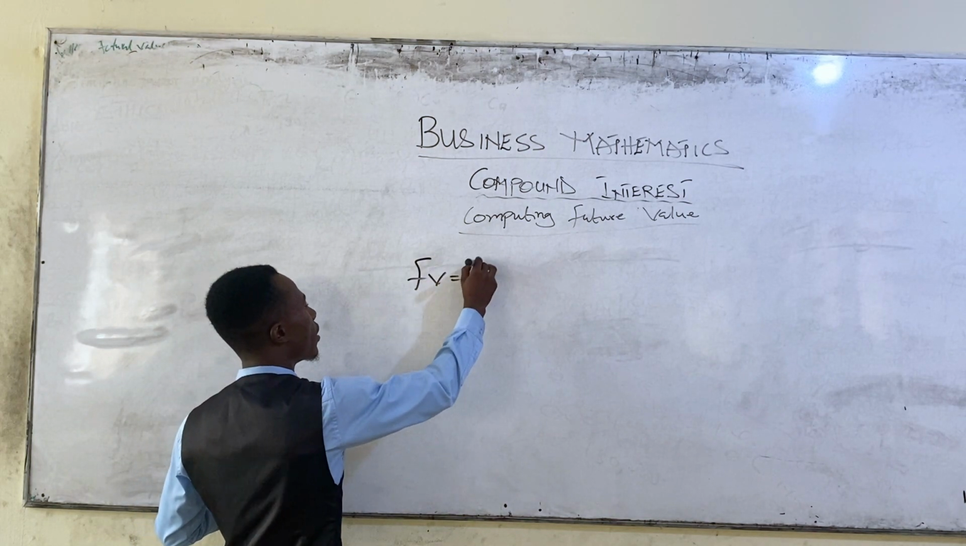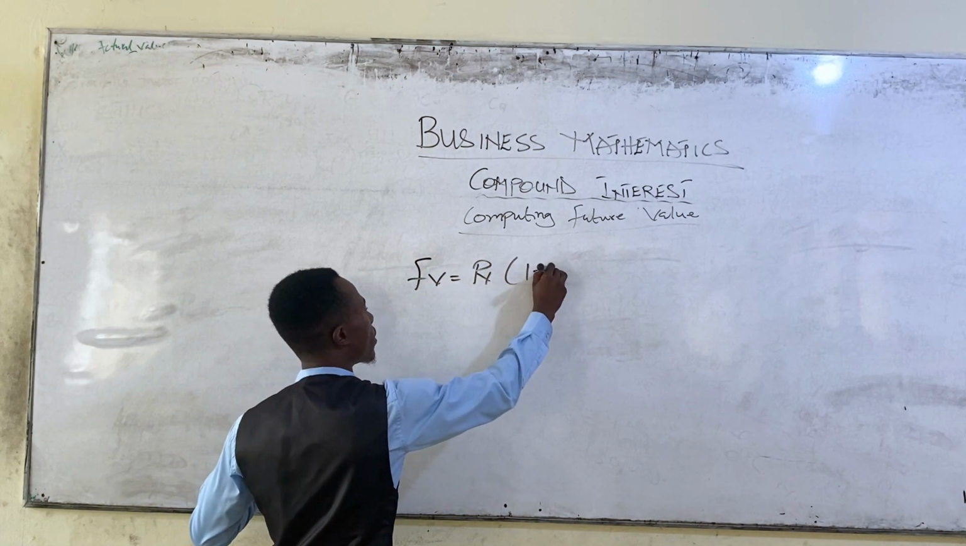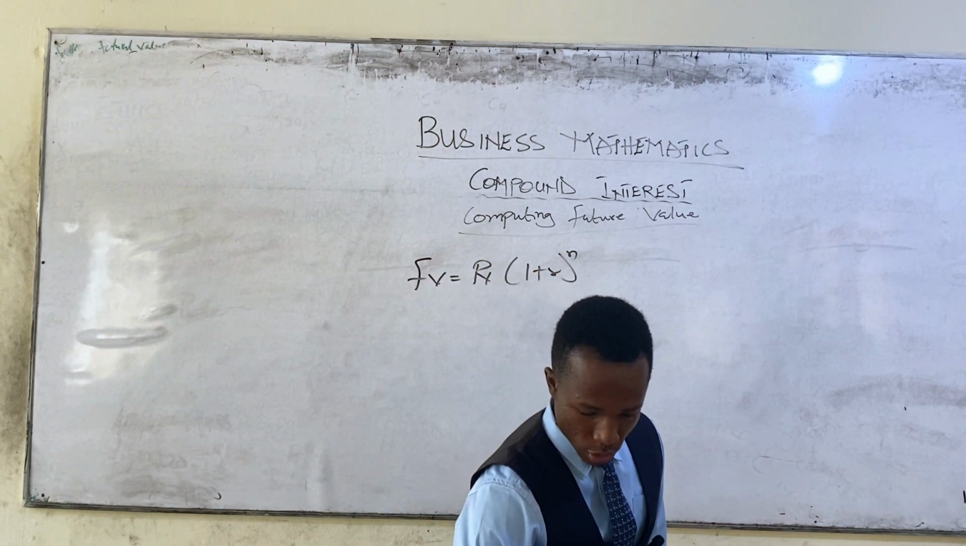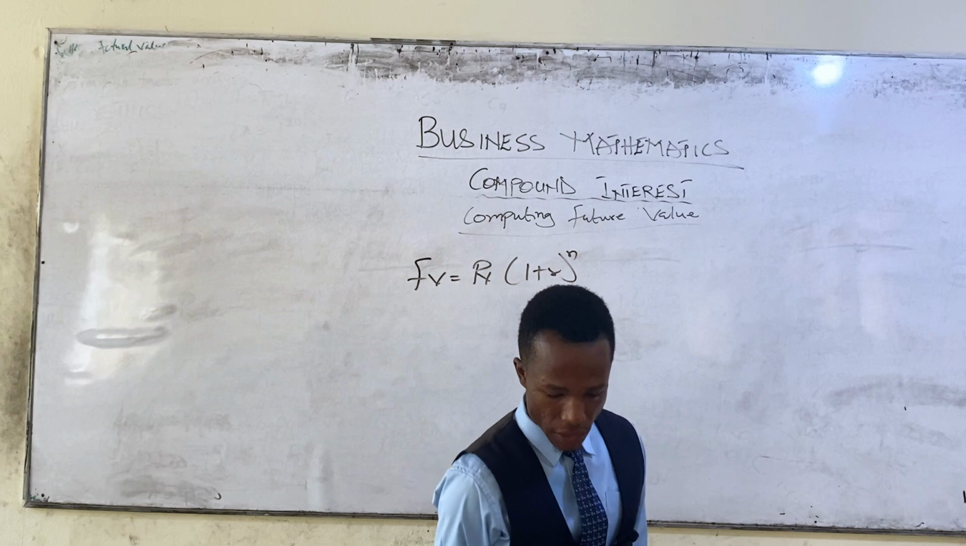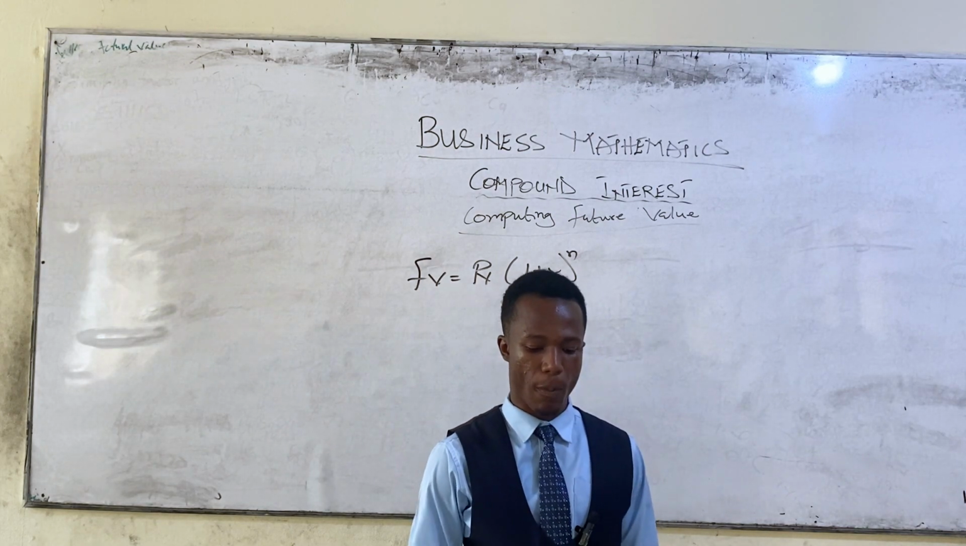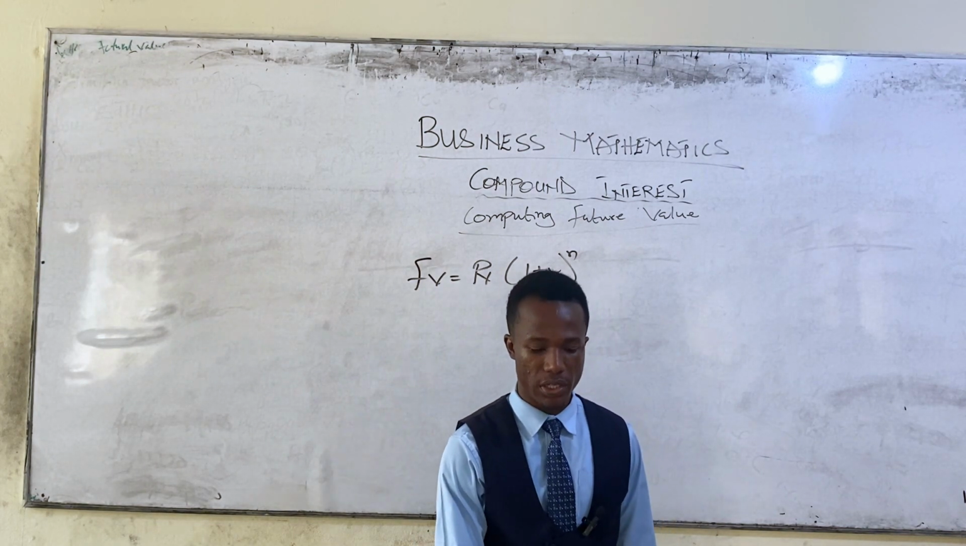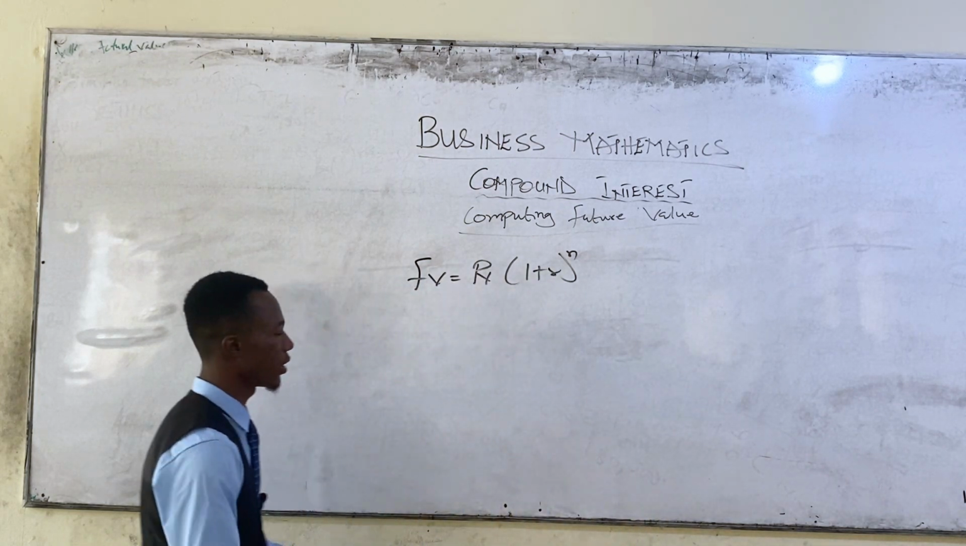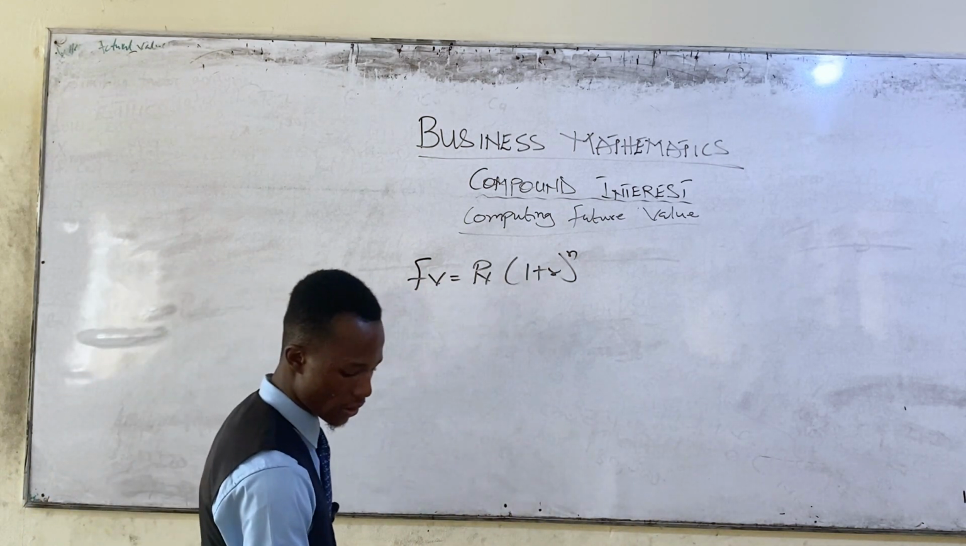So that is our present value, 1 plus r exponent n. Okay, and we are going to look at how to determine the number of compounding periods and periodic rates. Okay, so when we say compounding period,